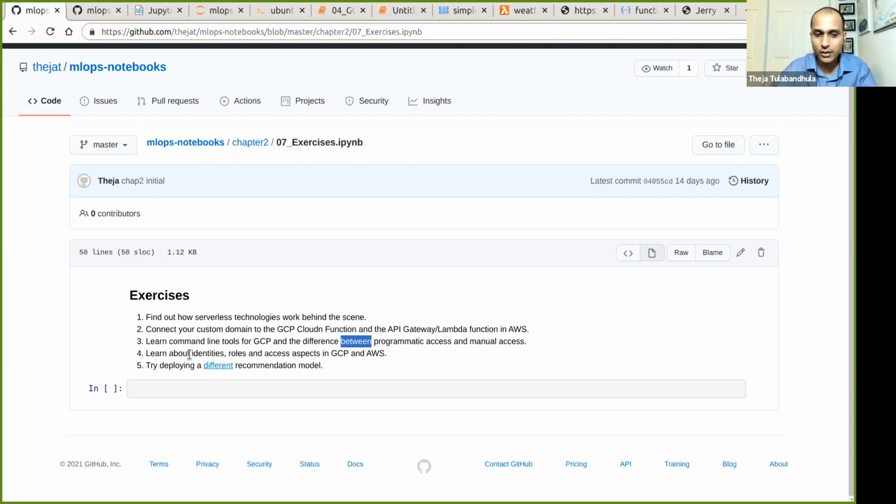There's also this notion of identities and roles, and you'll see that when we do the command line, programmatic version, we need to create something very similar to the PEM file that we were working with. Similarly, we need a secret key and access key, basically. Not exactly the same names, but basically we need authentication keys using which we can access from any machine.